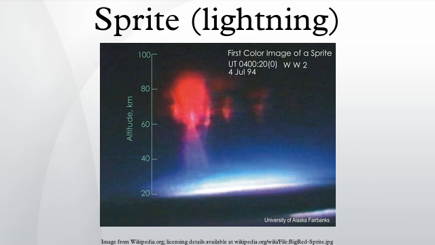Sprites are colored reddish-orange in their upper regions, with bluish hanging tendrils below, and can be preceded by a reddish halo. They last longer than normal lower stratospheric discharges, which last typically a few milliseconds, and are triggered by the discharges of positive lightning between the thundercloud and the ground. They often occur in clusters of 2 or more, and typically span the altitude range 50 to 90 kilometers, with what appear to be tendrils hanging below, and branches reaching above.